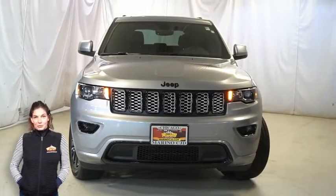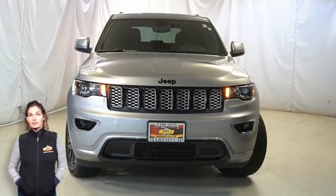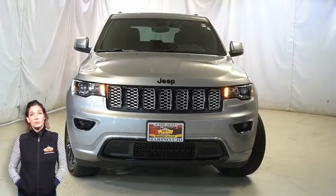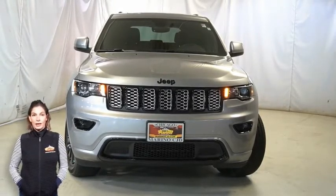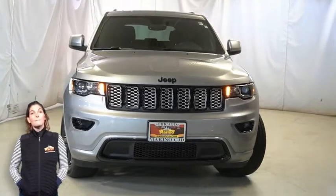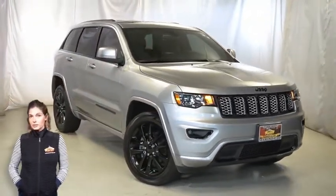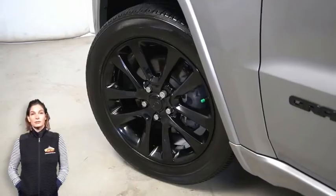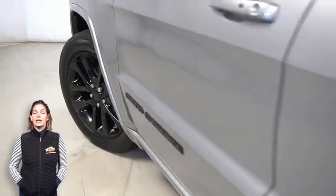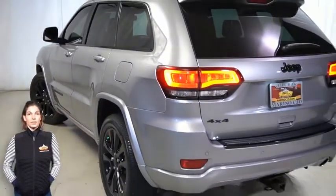Looking for a highly equipped SUV with all the right options and reliability? We'll take a look at this 2018 Jeep Grand Cherokee Altitude in billet silver. With black headlamp bezel finish, black daylight opening moldings, 20-inch gloss black aluminum wheels, gloss black Jeep badging, black lens tail lamps, heated front seats, heated steering wheel,